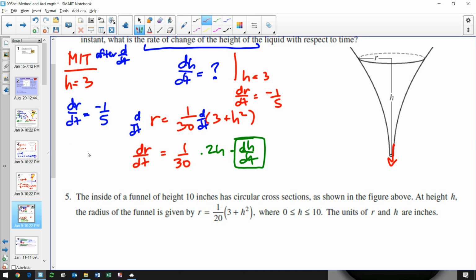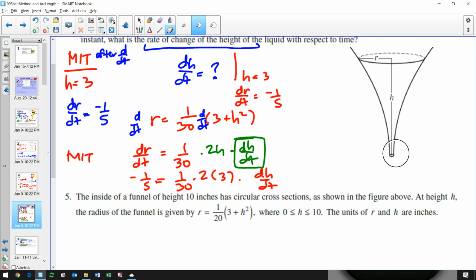Well, do I know everything else? I do. Now I can plug in a moment in time because I've already taken the derivative. So what's dr dt? Negative 1/5. Okay. What's h? 3. dh dt. And can you guys solve for dh dt? Yes. So dh dt will be, let me multiply, okay, this,